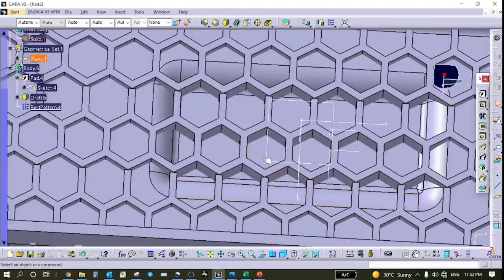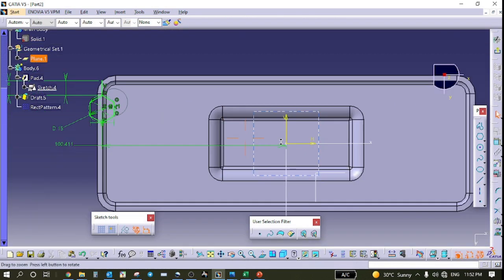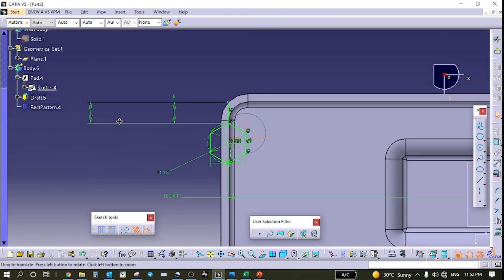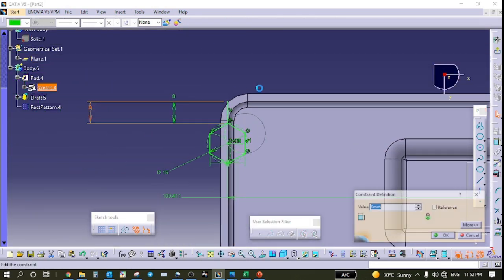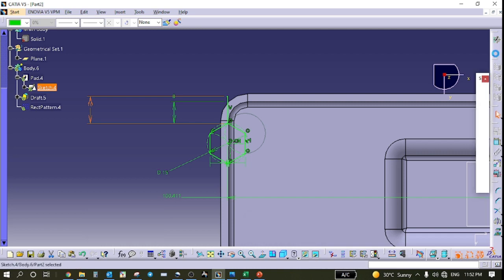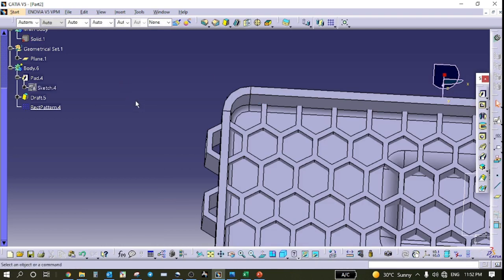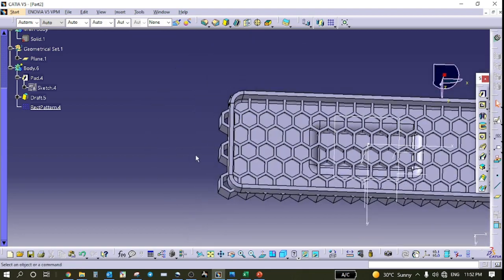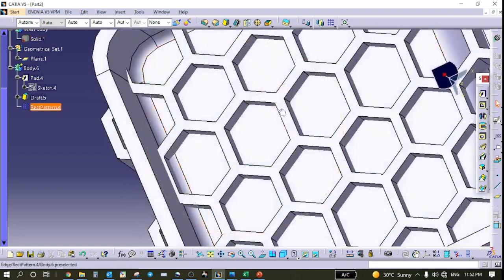You can see your plate. So here we need to increase the sketch. Control U, update. You can see it like that.